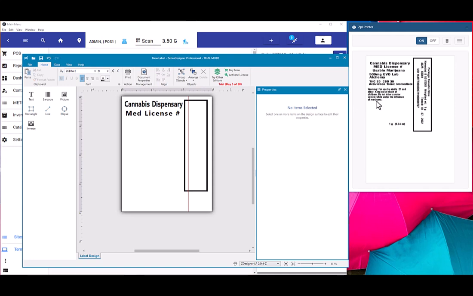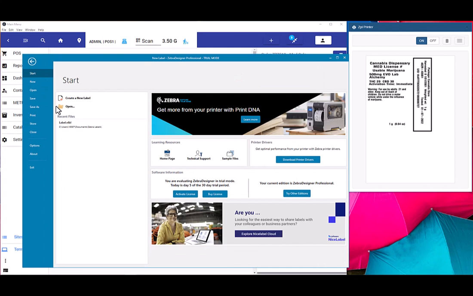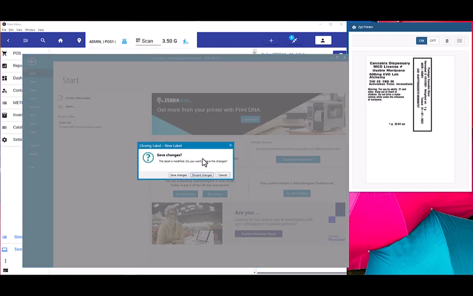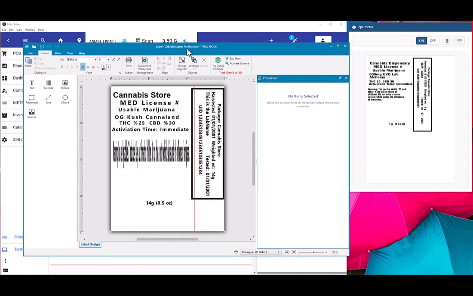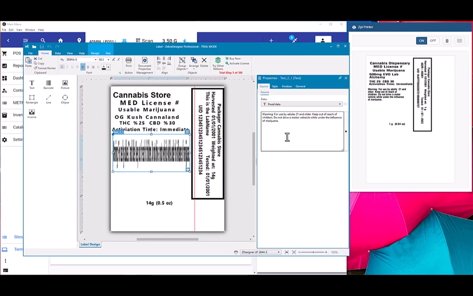I'm going to skip through some of the process here because it's mostly the same. We're going to go over to a label I've already set up. Now, this label is about as good as you can get with the Zebra Label Designer. What we have are some values that just look funky, but most everything is good. In the case of multi-line text, even the professional version of Zebra Designer cannot handle multi-line text. So what we do is we just fill out whatever text is going to be in there, and then we